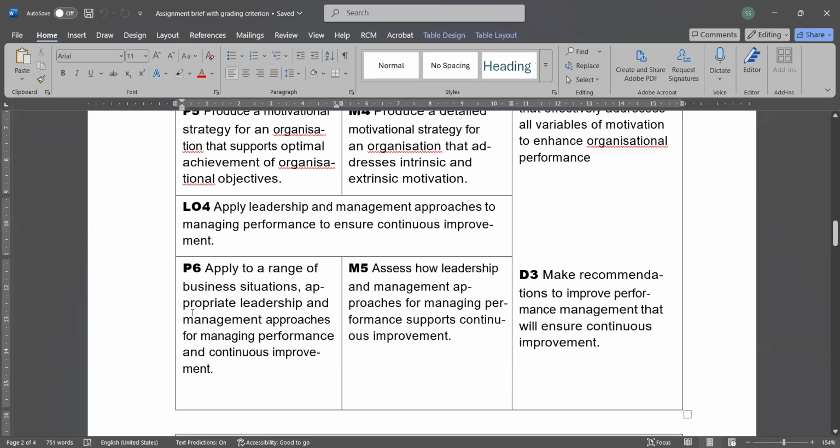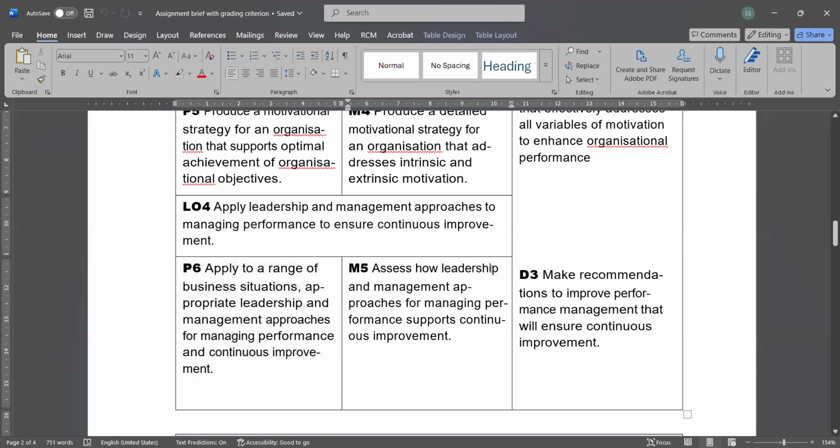You will be talking about what kind of leadership and management approaches you will use to manage the performance and continuous improvement, and then you will take the example of different business environments. So this part will be dealing with that.